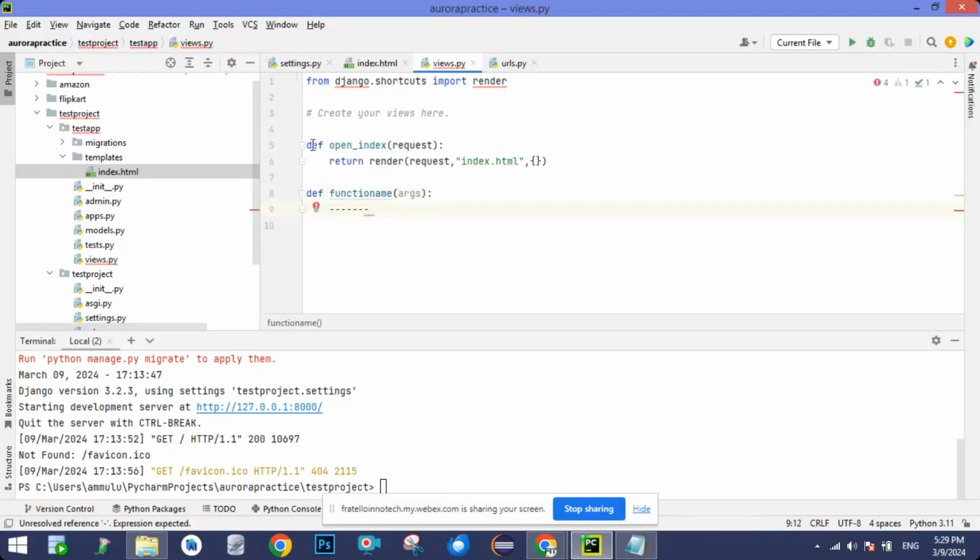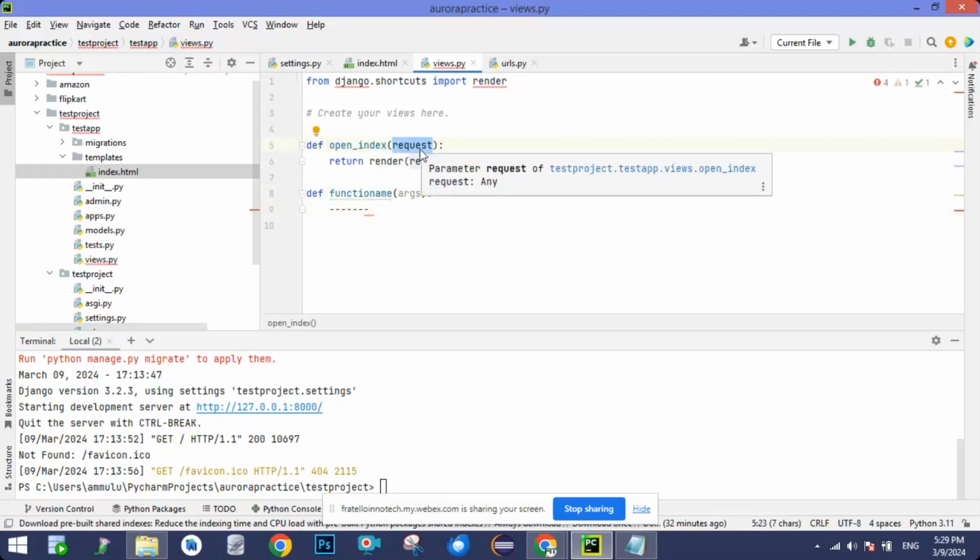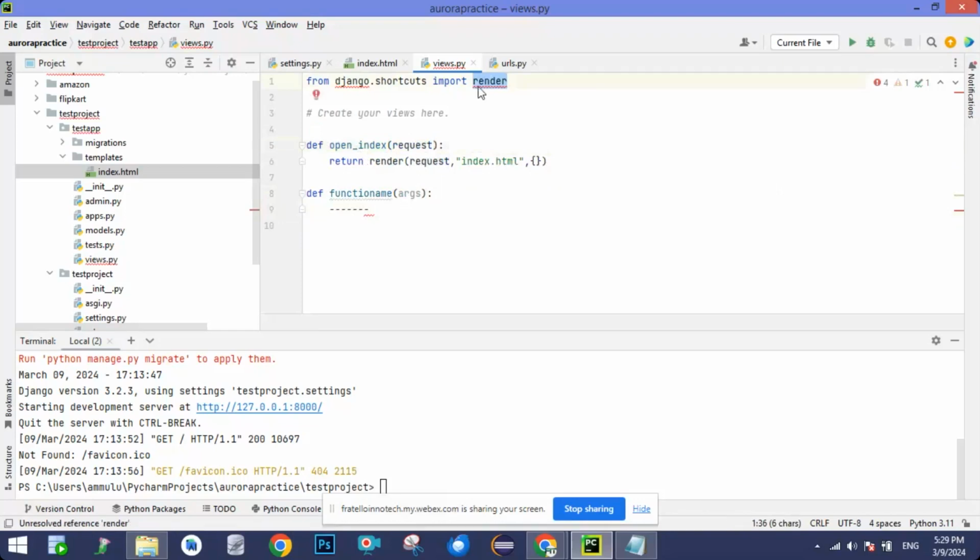Similarly here I wrote def followed by the function name open index and request, as I mentioned, to read the input from the HTML. We are using the default argument called request. It's a default, like in Java we also write public static void main String args. In C we write void main, like that. It's a default one. And now we have an inbuilt method called render. It has already come in here. Render is used to